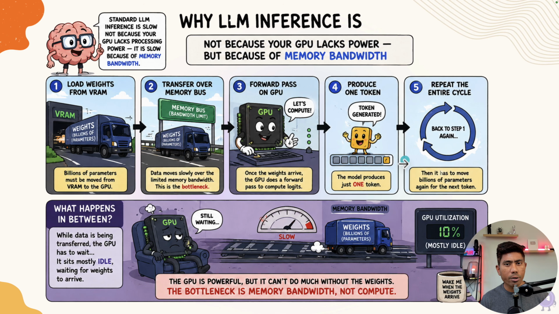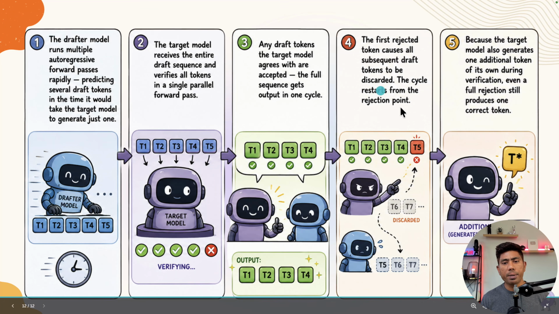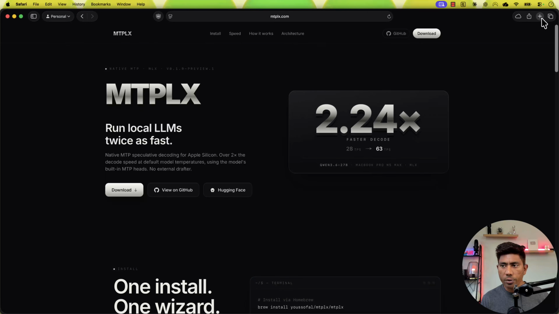So even though you are getting at least one token, it's not like everything is going to be correct up to a particular point of time. So that is what is going to happen on the MTP side. And this is quite an amazing paper that you can also read through on the Google website as well. So if you go to